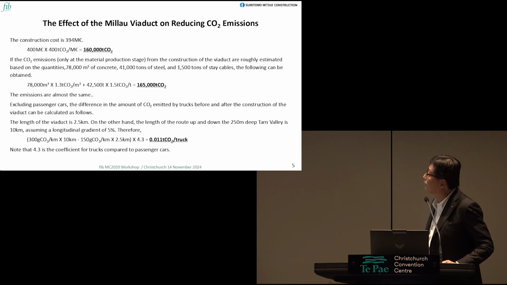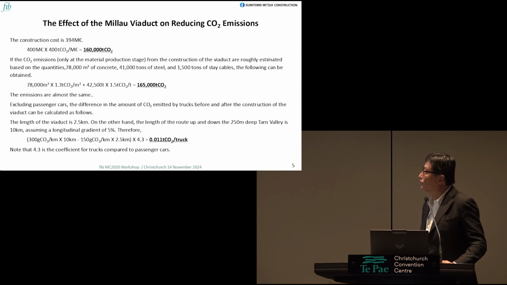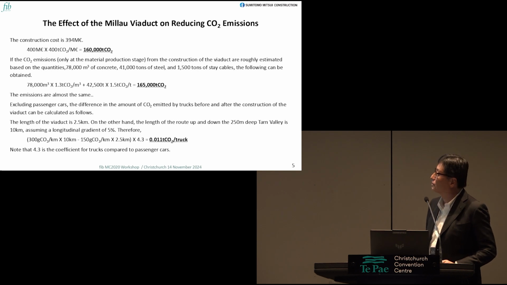The past vehicle speed is estimated at 10 kilometers per hour, and now it's about highway speed. So compared with the past road, the reduction of CO2 is about 0.011 per truck. Every data is from German research, and